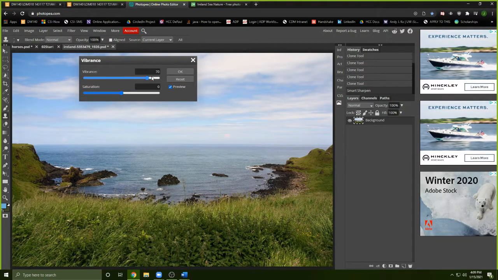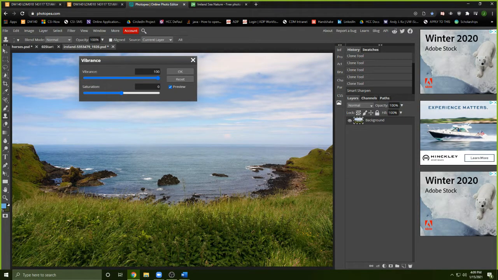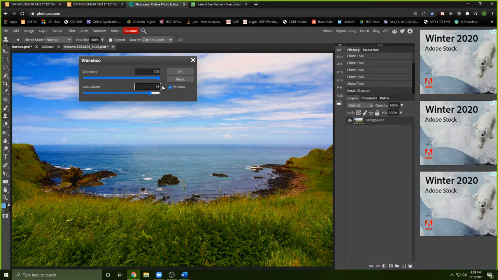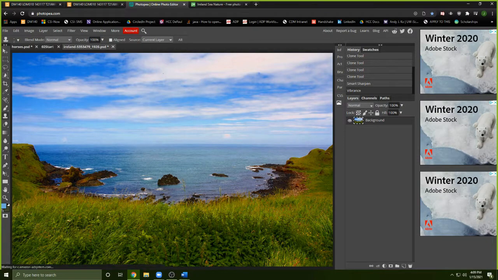Now, if I increase this vibrance to 100, everyone see how the sides are a bit more green and it just looks a bit different. If I increase the saturation, that definitely changes the color around as well. And I can hit OK here. Awesome. So now I've completely manipulated this photo. I even copied in a rock so it looks a bit different in the middle. It looks a bit odd with these images, but for the sake of this example,